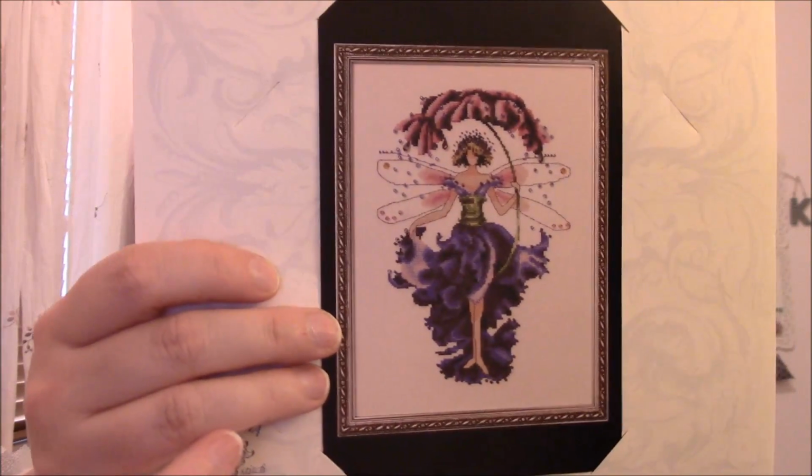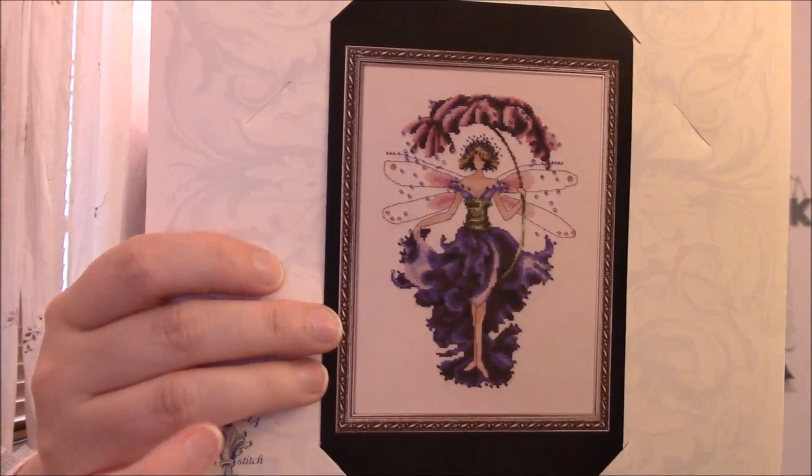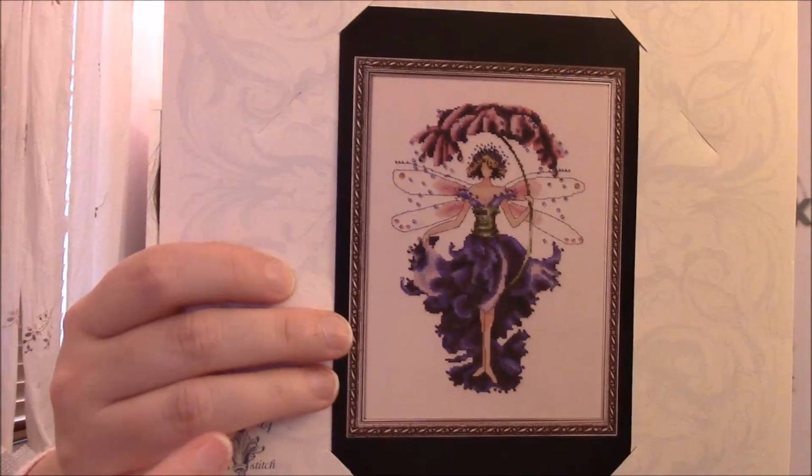And then the last thing I worked on is actually a new start for this week. On Thursday, I had been working away on some of my other projects, stuff that I need to get done for the thing that we're doing. So I had a break and decided that on Thursday night I started Pansy, one of the Spring Garden Pixie Flower Collection girls. Anyway, so I started on her, and I am working on her on a 32 count,